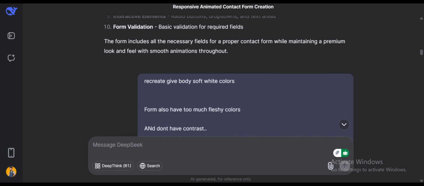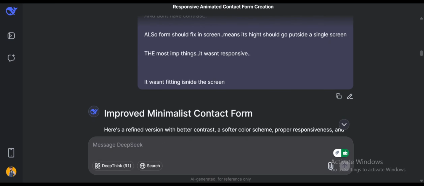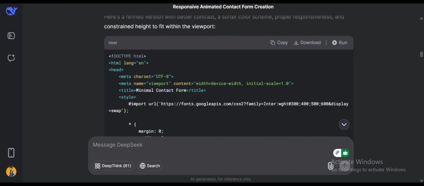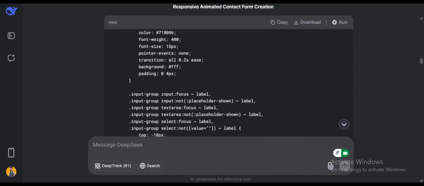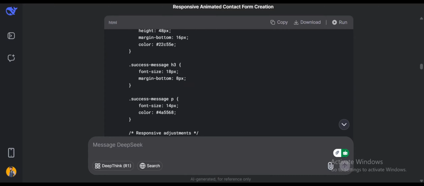So I refined my request, make the form minimalist, soft white background, better contrast, and ensure it fits on mobile screens without scrolling. Step 3, the final improved version. The AI adjusted the code